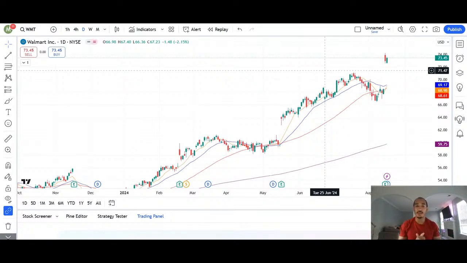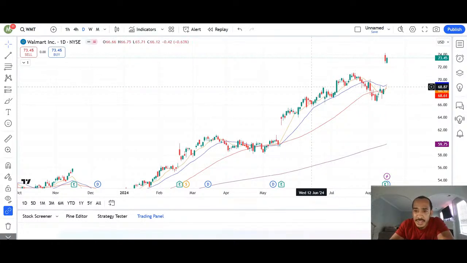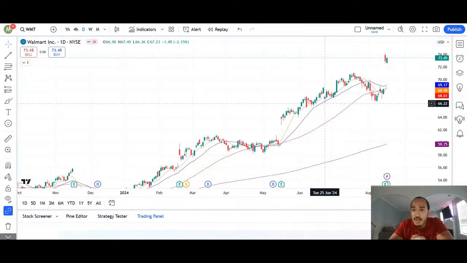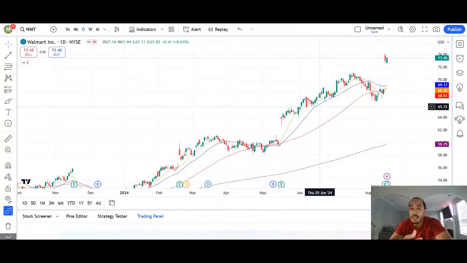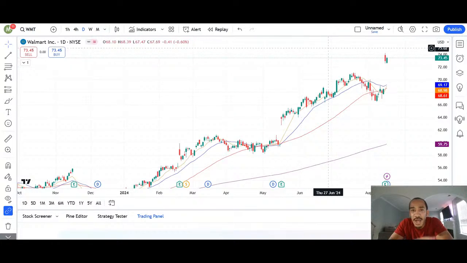We got a hammer candle touching, what's that, June? On June 25th, on a Tuesday, we got this hammer candle touching this moving average, the blue moving average. I don't know, it might be the 50. I know this purple down here is a 200, so the red is a 50. So the blue might be the 20. The 20 is actually one of my favorite moving averages. The higher the moving average, the more significant of a support and resistance level it is, right?